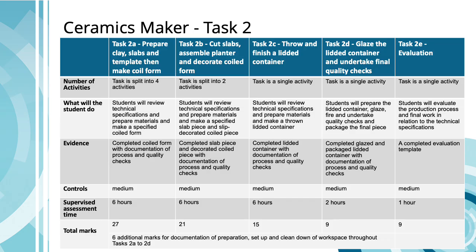Task 2B, cut slabs, assemble planter and decorate coiled form, is split into 2 activities completed over 6 hours for 21 marks. In this task, students will review technical specifications and prepare materials and make a specified slab piece and slip decorated coil piece. Task 2C, throw and finish a lidded container, is a single activity completed over 6 hours